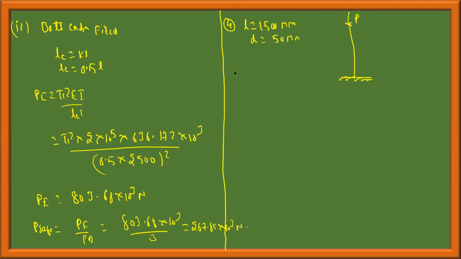Taking the factor of safety as 3, FOS is equal to 3. Calculate the safe load. P safe is equal to how much? Using Rankine's formula, taking yield stress as 560 Newton per mm square and alpha is equal to 1 by 1600. Calculate the safe load by using Rankine formula, that is PCR is equal to how much?